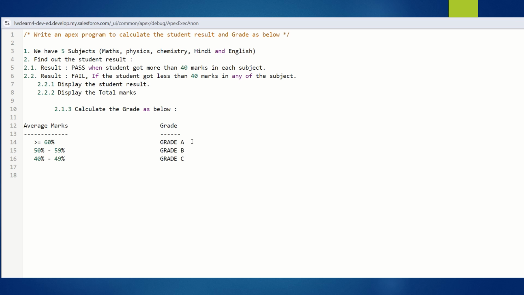Here these are the grades when the student has passed. When the student has failed, there are no grades. When the average marks is greater than or equal to 60, that is grade A. When it is 50 to 59%, it is grade B, and 40 to 49%, it is grade C. Okay, so let's take integer